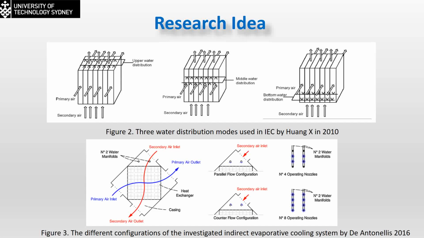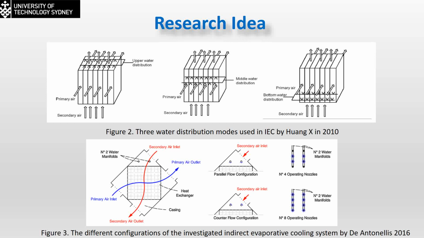Basically, my study got the idea from two research works. Just imagine that only two earlier research works have done work on water distribution in the indirect cooler. The first one was done by Huang in 2010, and actually I couldn't get the work itself, but it was mentioned by one in 2011, because this is a PhD thesis in Chinese, and I couldn't trace it. So I got the diagram from the one publication: a cross-flow heat exchanger, the secondary air coming from below, and the water spraying from the outside. That's the traditional method for water spraying in the indirect cooler.